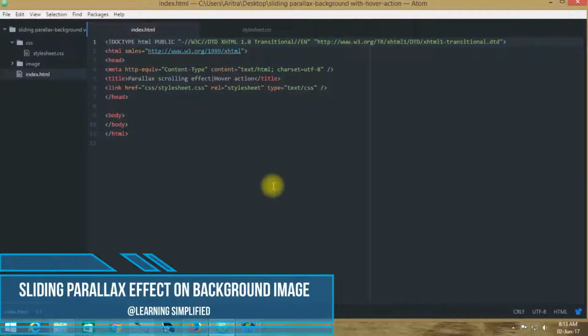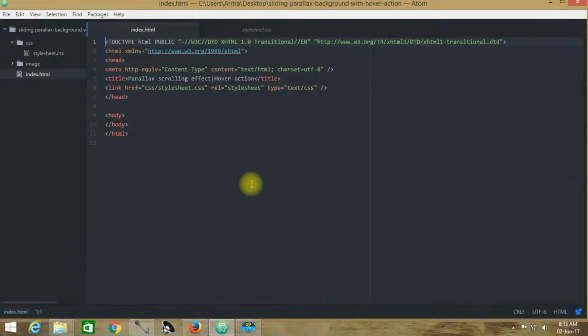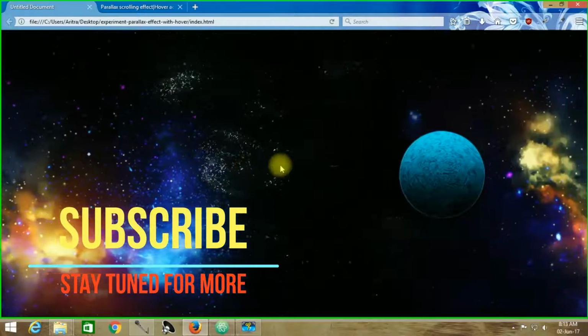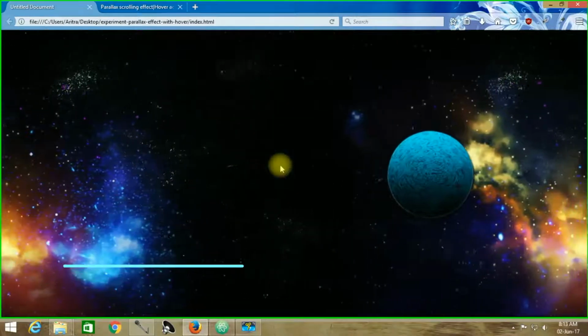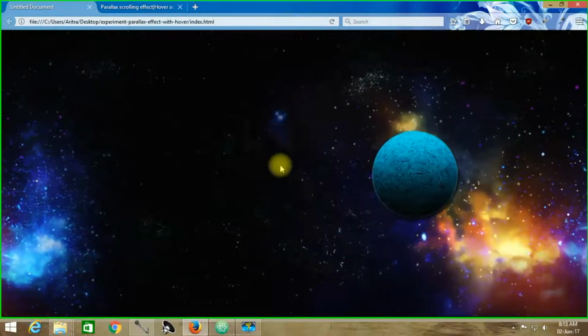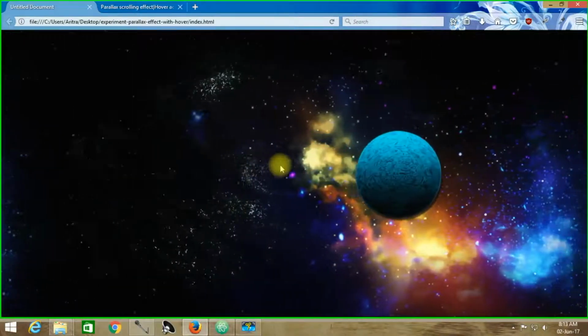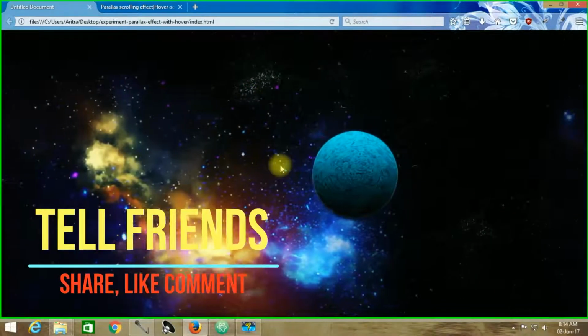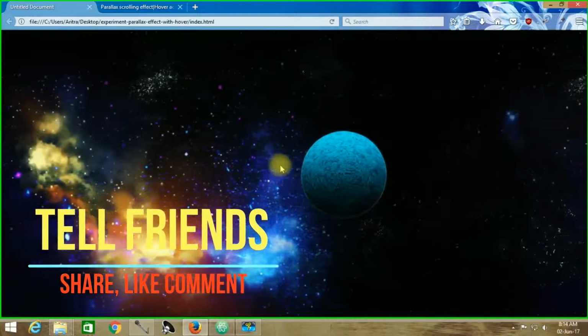In this tutorial today we are going to learn how to create a sliding parallax background effect with CSS3 animation. As we can see, if we move our cursor into this HTML page, it is actually involving an HTML hover action and the whole background is shifting, sliding towards left,